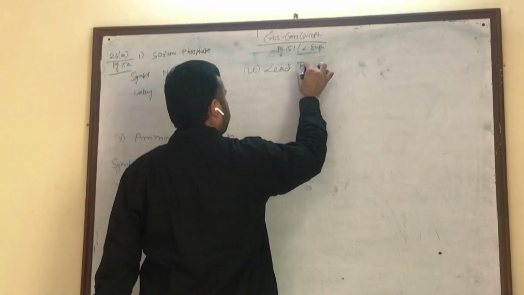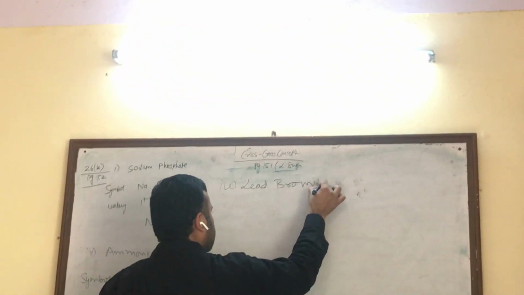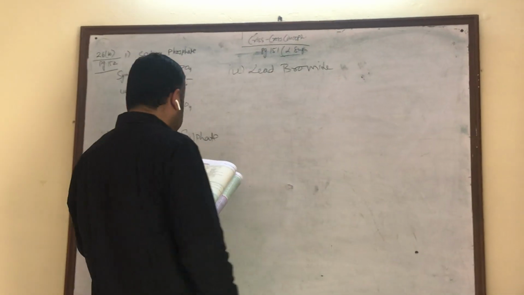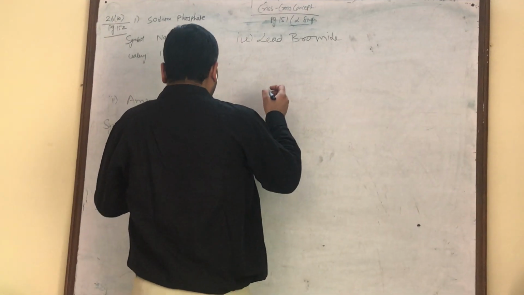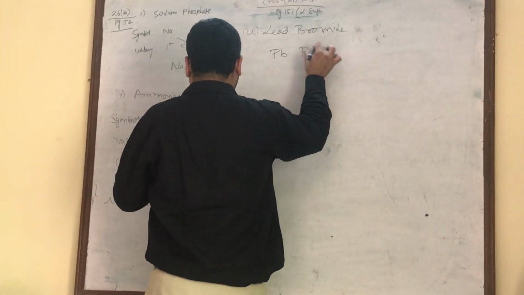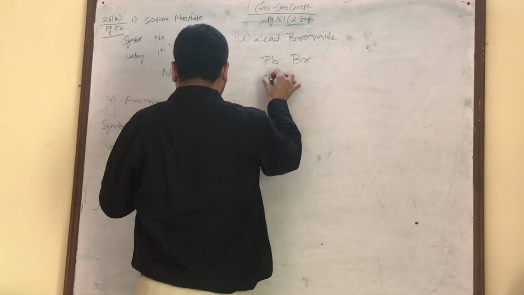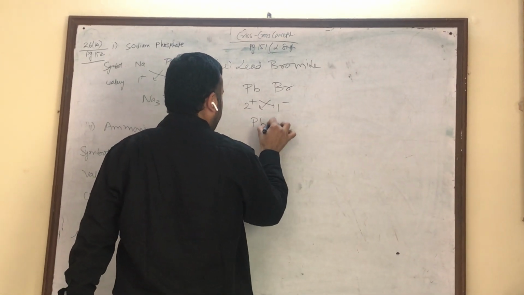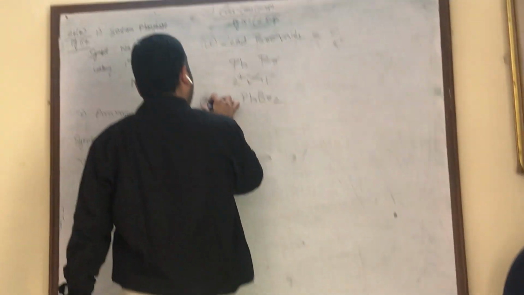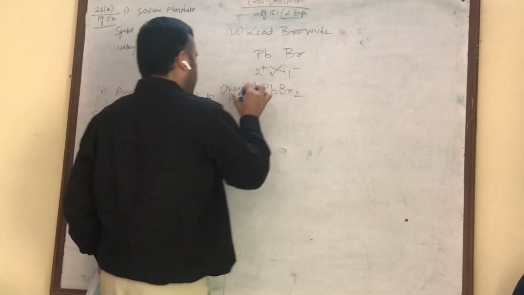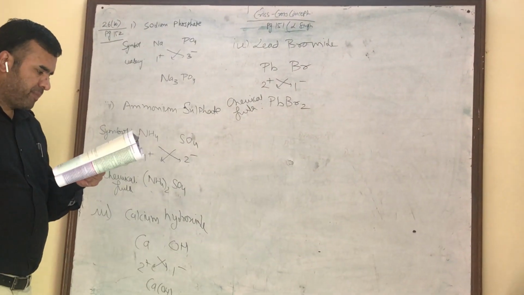And lead bromide. लेड में दो होते हैं बेटा, प्लम्बस प्लम्बिक. प्लम्बस में 1 है वैलेंसी +1, प्लम्बिक में 2 है. यहाँ पर लेड का सिंबल है Pb, ब्रोमाइड इज Br, लेड की 2 प्लस है, ब्रोमीन की 1 माइनस. So formula of lead bromide, PbBr2, is the chemical formula of it, right?